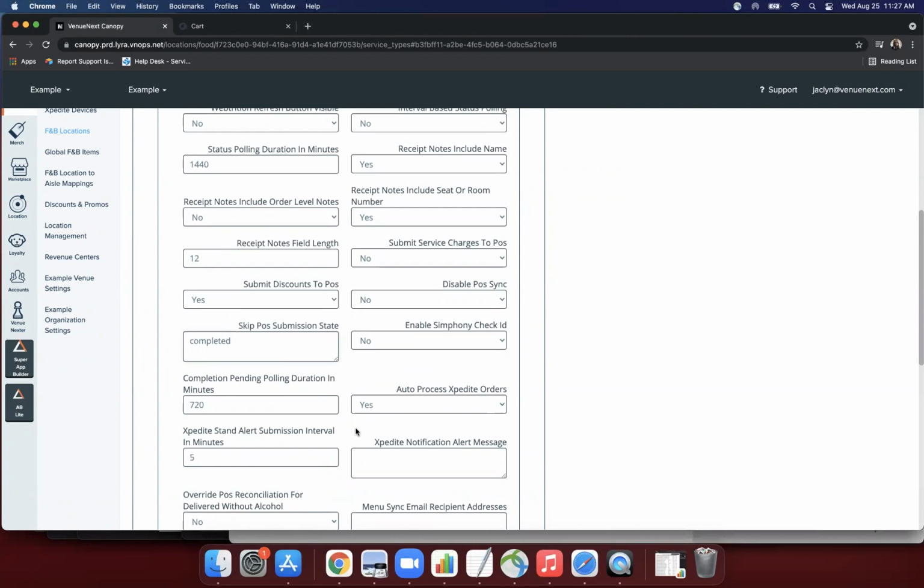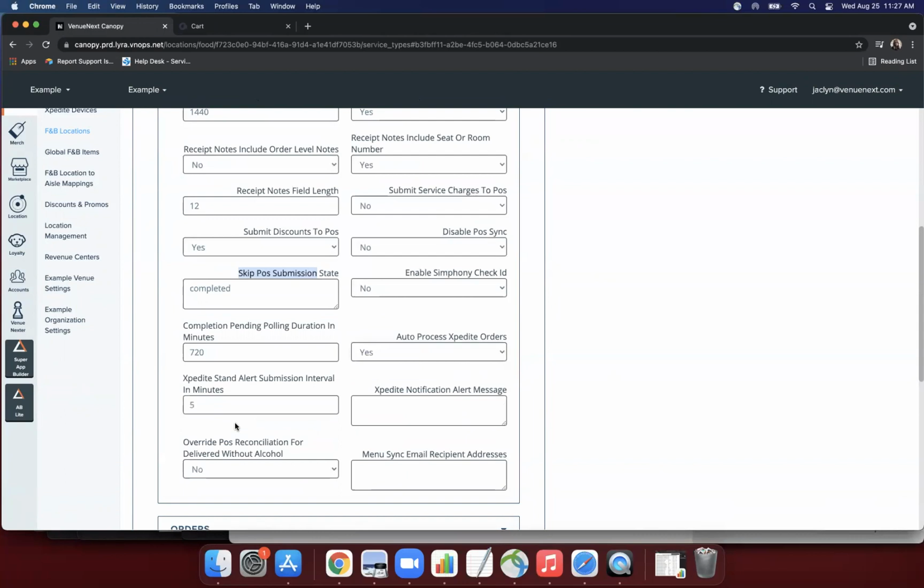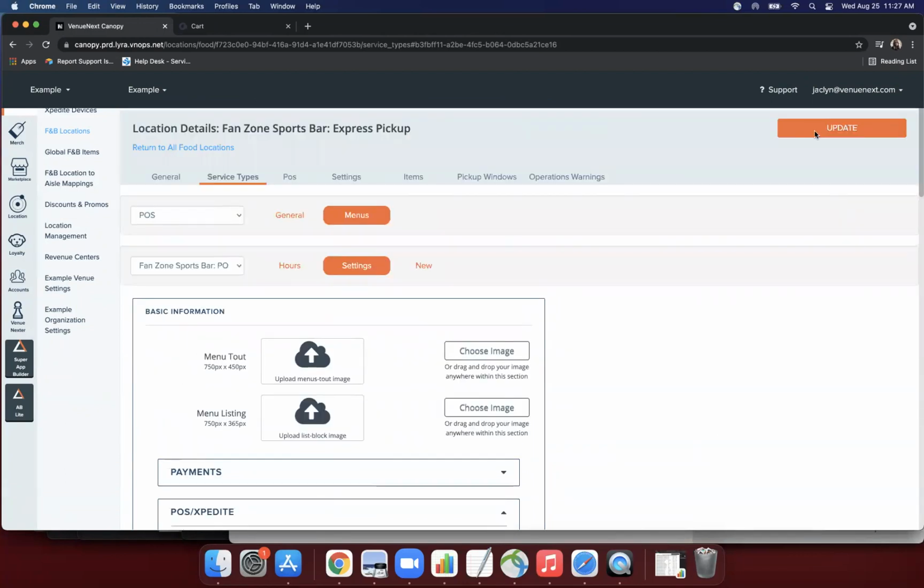Completed is going to be how you get the transaction to be started by the cashier and completed by the cashier in that one go. You don't want the fluff in between. You want belly up, point of sale service. Completed is going to be the skip POS submission state. You don't have to worry about any of these settings when you go straight to completed because you're not going through the fulfillment flow. So if I go in and I update it here and I go into my example point of sale,